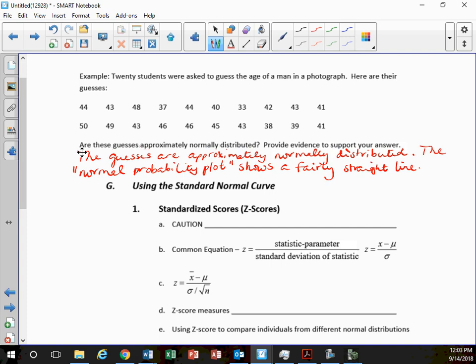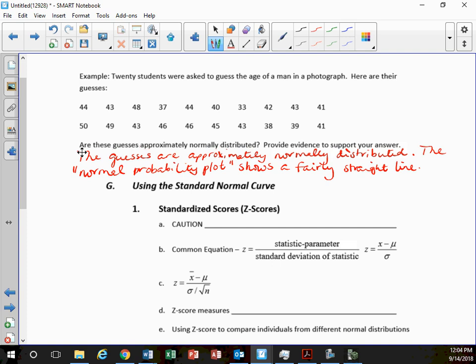Is it going to be perfect? No, you're not going to see a perfectly straight line or perfectly normally distributed data, because usually what you're looking at is actual real data values, and those are never perfect. So you'll notice we're always talking about something being roughly symmetric, approximately normal. Always include those, like, yes, it's pretty close to that, but it's not exact. You always want to have that in there when you're describing your distribution.